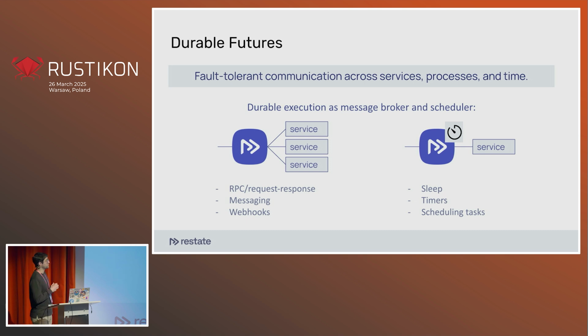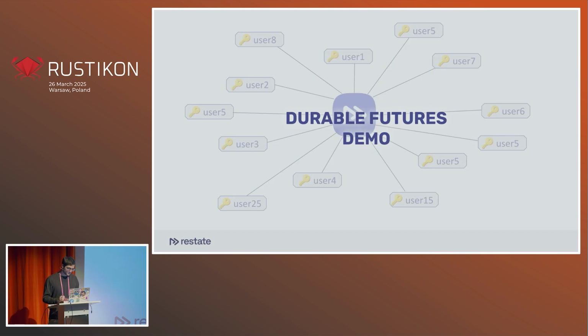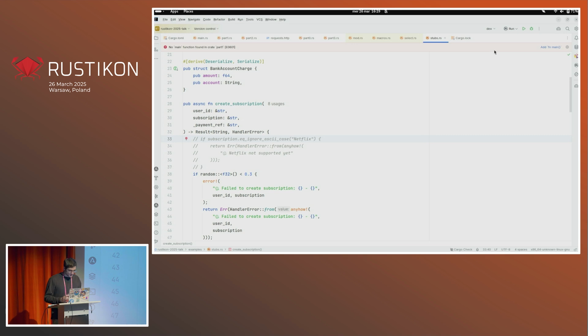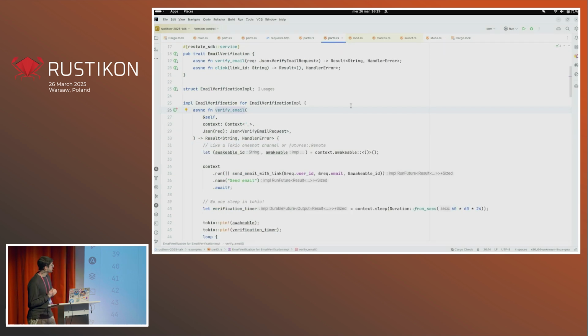And as you can imagine, with a sleep that lasts a year, you don't want to lose track of progress. So in case your application crashes after 300 days, you don't want to restart from 1 year left. So that's what you can use the Restate durable features for. I want to show you now a little demo of another piece of code that is related to this. So here the use case is actually